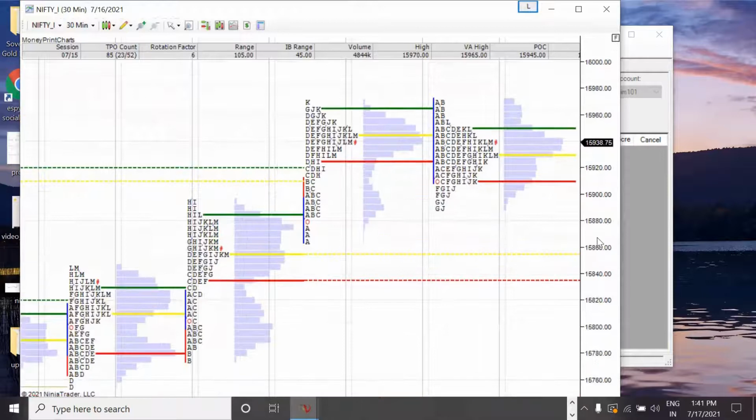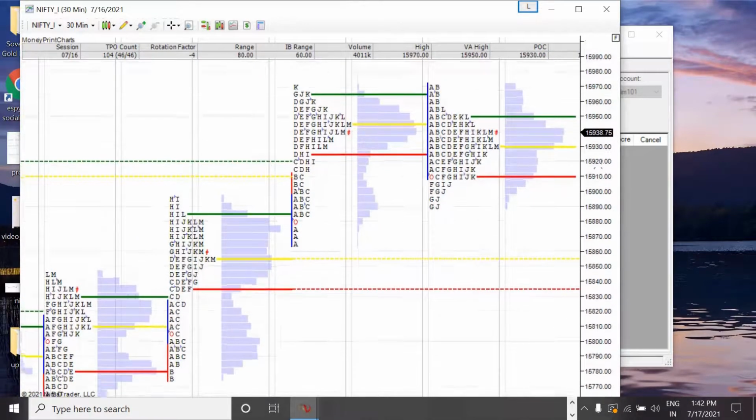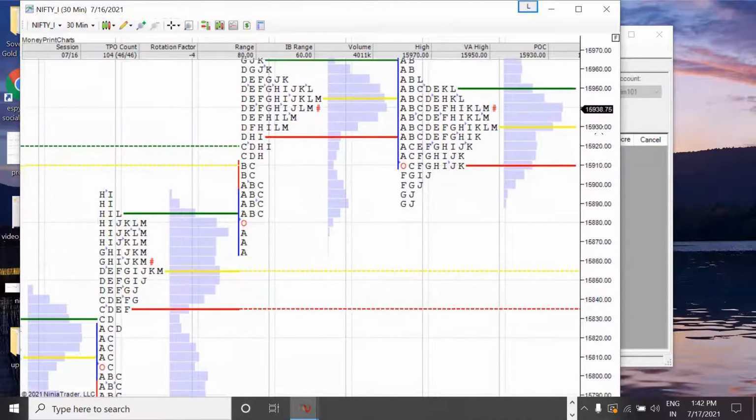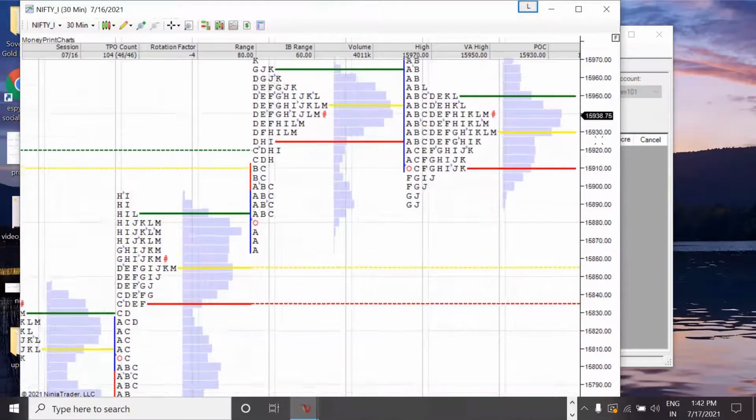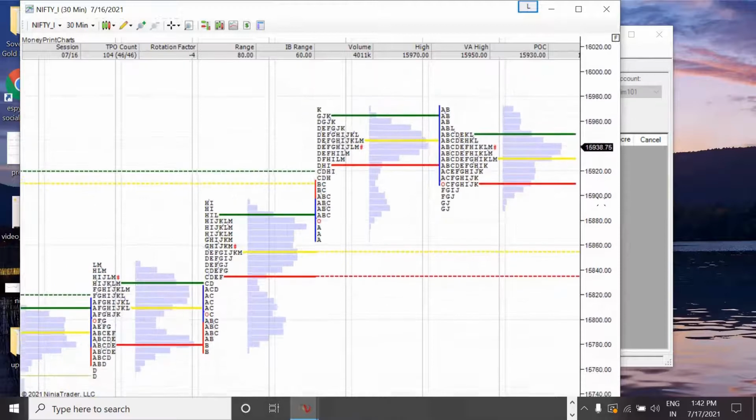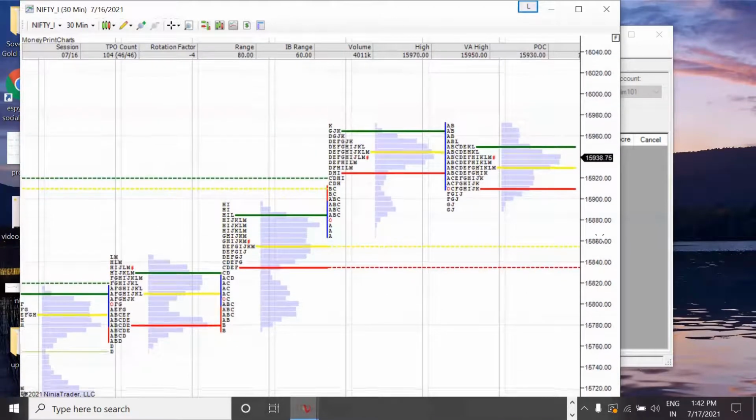So this is how it got loaded and we are able to see it. Now I'm taking a crosshair pointer so that you can see where my pointer is. Whatever operation you want to do, you can do it on the price on the right side. For example, 15,900, 15,880. This is where my pointer is. Now I click on that price and move my mouse to the upper side. When I do that, it will zoom in. In the same way, if I move the mouse downwards on the same price itself, it will zoom out.